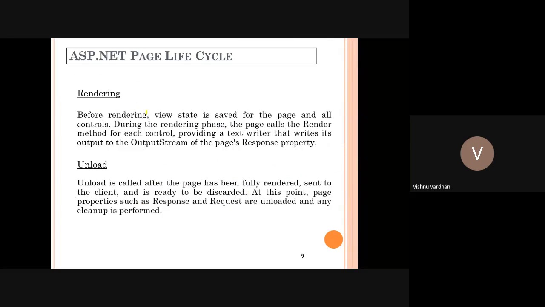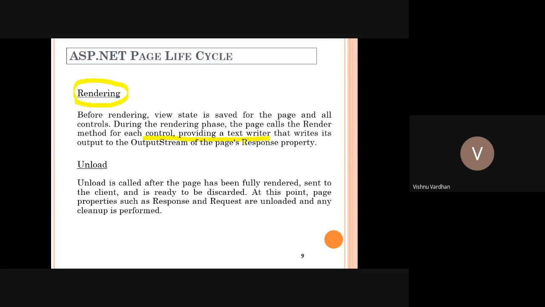Then rendering. Rendering means finally your output is being prepared. Suppose you are drawing on a canvas, everything is colored, everything is drawn, a neat sketch is being drawn on the canvas. Something like that we can understand for the rendering. So the rendering of each control, each component, their background color, the text, the loaded information for that corresponding data aware control.